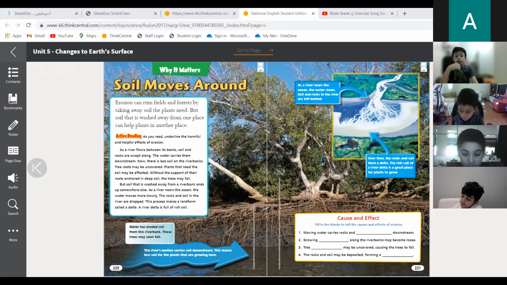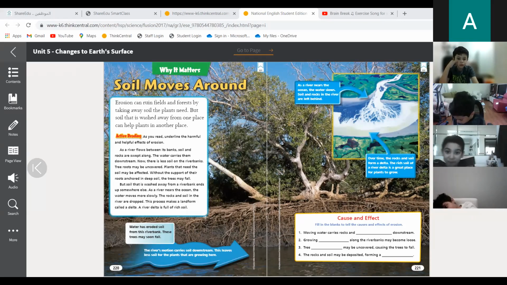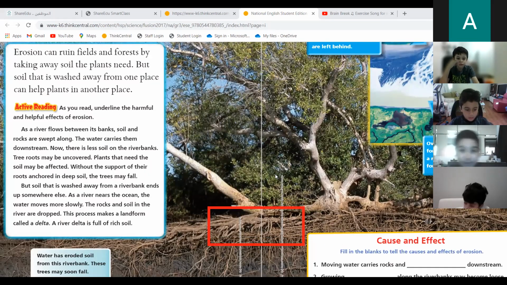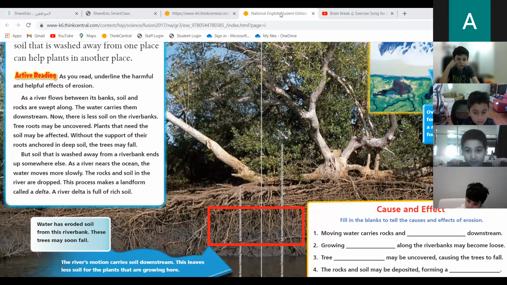Habibi, I can see a tree. What part can you see over here? There is something very important and it looks not cool at all. What do you see over here? The river. The tree has something like roots. Yes, the roots of the tree. What happened here? What do you think happened here?